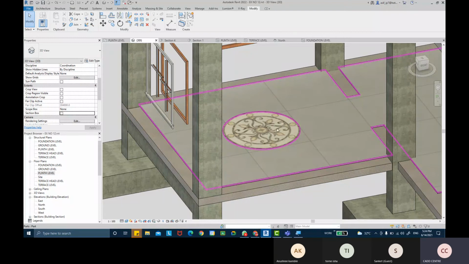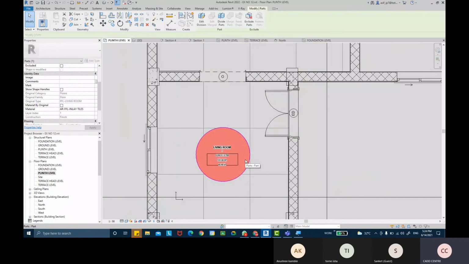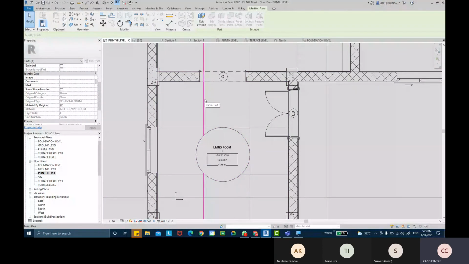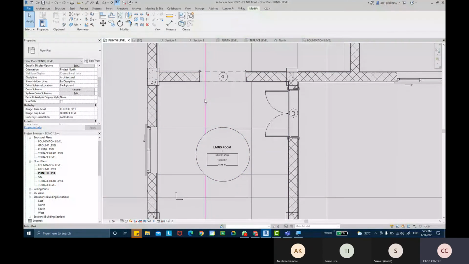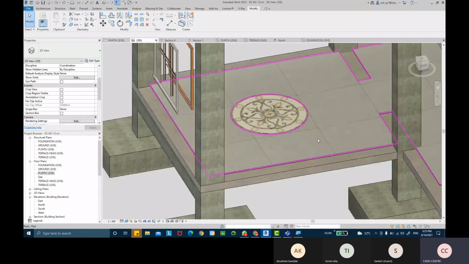How did I get it in the center was very simple. I went in the plan view and switched this mode to constraint colors or hidden lines. Then I obviously get these constraining lines, or graphic lines, which I can select, and then you can use the arrows to align it. So I aligned it from the left and the bottom so it fits properly in the circle. Then you click on finish mode and check whether the tile has come in the center or not.